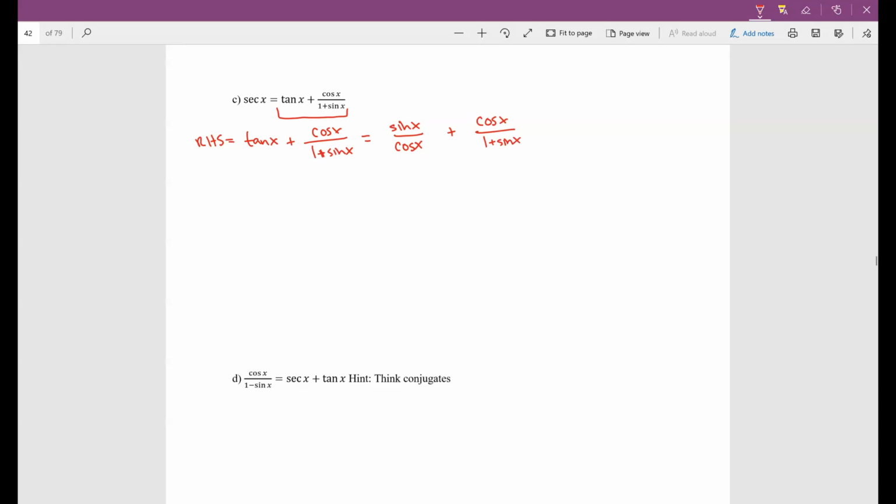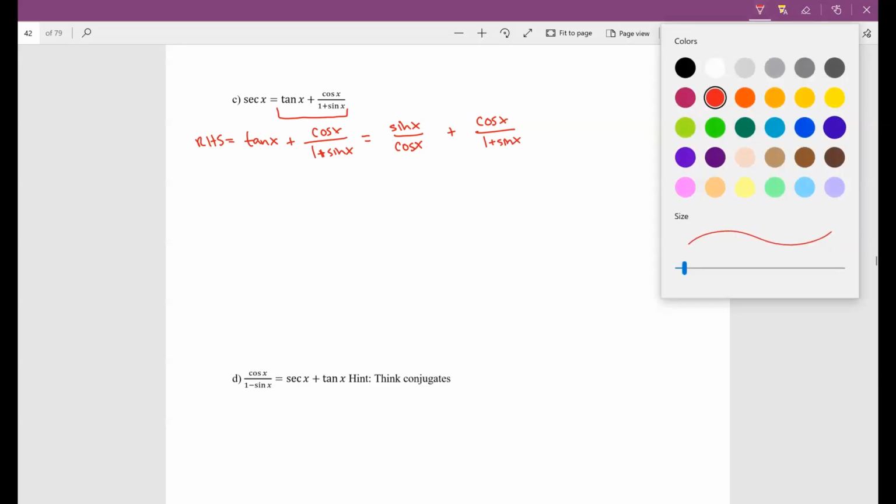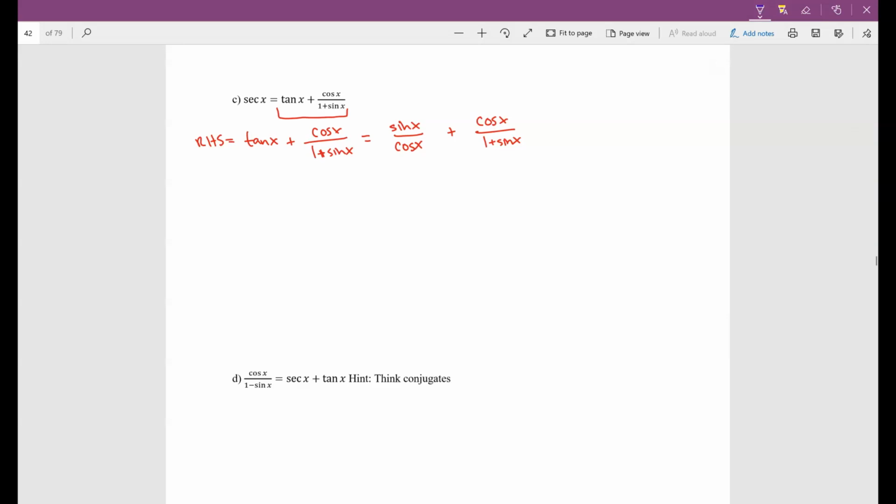Okay, so now I have two things being added together, so two fractions. So what I'm going to do is find the least common denominator. For this one, I'm going to give it a 1 plus sine x on both top and bottom. And the other one, I'm going to give it a cosine of x. So all I'm doing is finding the least common denominator, okay? So on the top, I'm going to have sine of x, 1 plus sine of x, divided by cosine of x, 1 plus sine of x,